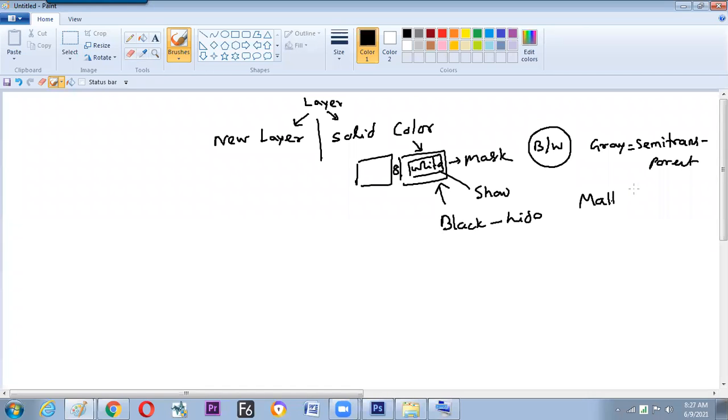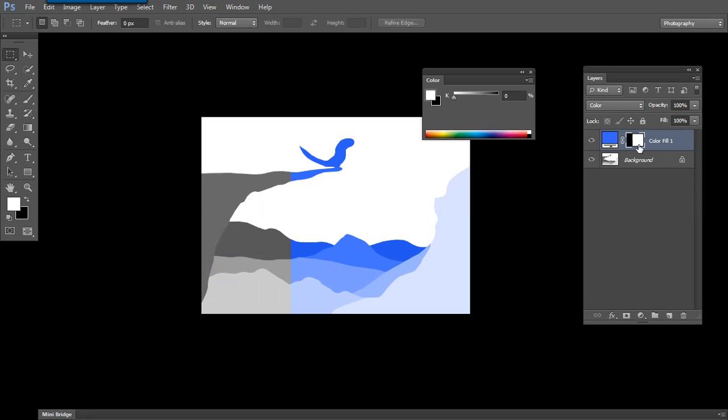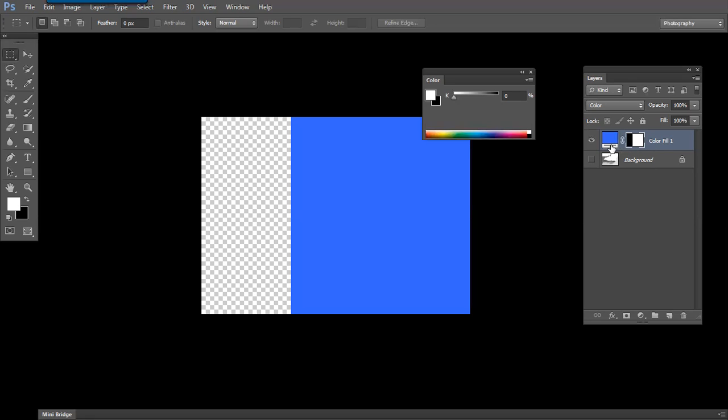Matte paint. That means you are painting on the matte. Matte means the mask. And make something appear and something disappear. Is it okay? Yes, sir. And this solid color comes up with a mask which helps to make it visible and invisible with the help of your black, white, and gray color. So we have understood now black, white, and gray do have a significant role on color appearance as well as the visibility of the product.